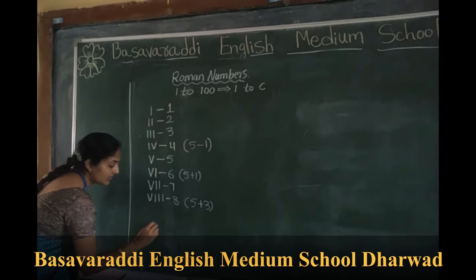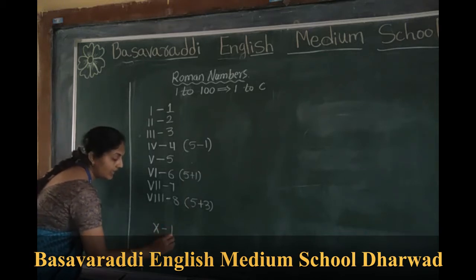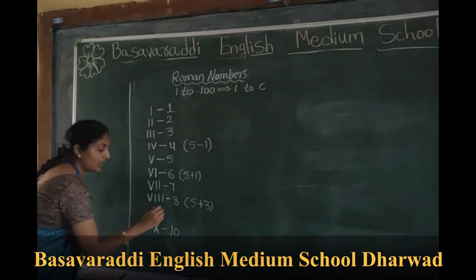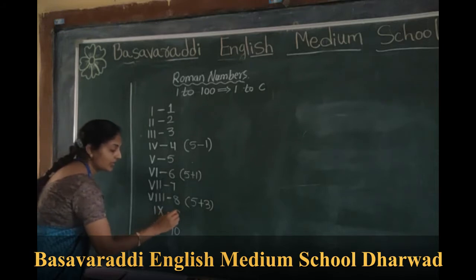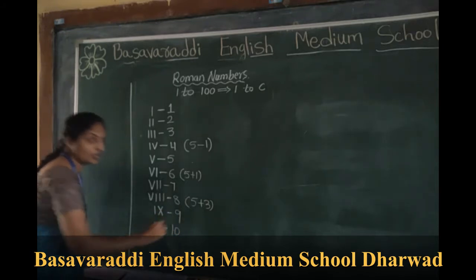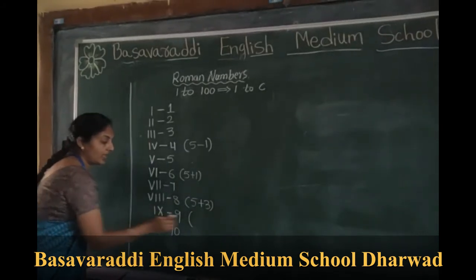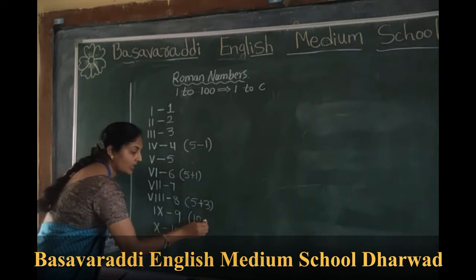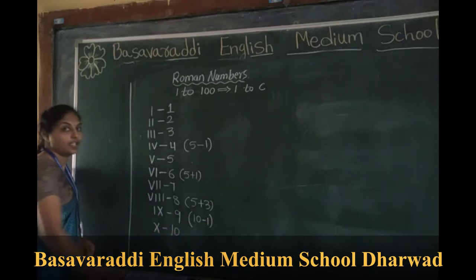Next, X. This is the basic symbol. We already learned this one. The value of the X is 10. Again we apply the third rule here. Third rule: it shows I and X is equal to 9. How does it come? The value of the X is 10 here. The I is subtracted from the 10. We get the answer 9.